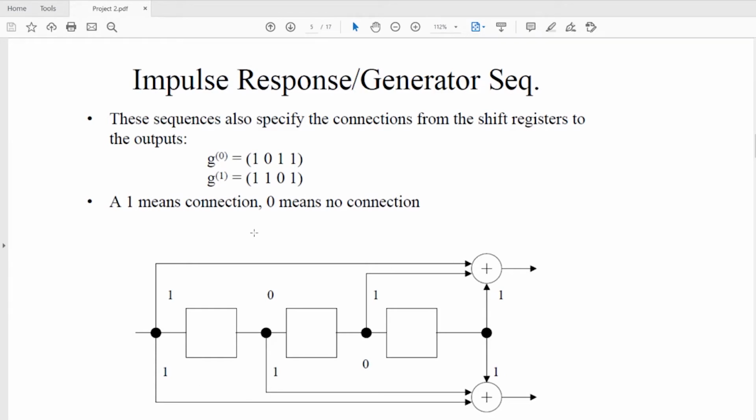So in conclusion, 1 represents the connection, 0 represents no connection. From your exercise, you should find the generator sequence, and according to that you should build the connections.